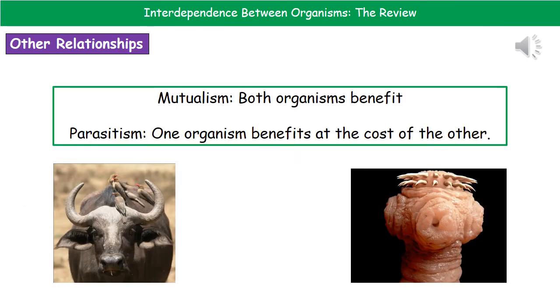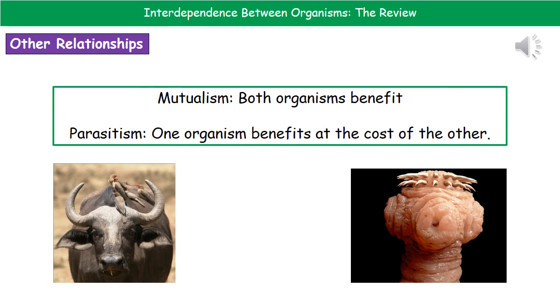We should also be aware about a couple of other relationships we see between living things. First one is described as a mutualism. So in a mutualistic relationship, both organisms will benefit. And the picture I've given you in the bottom left there is of our buffalo and of an oxpecker. So the oxpecker is the little birds you can see sitting on there, and what they do is they feed off of things like parasites that you find on the buffalo. And because they're removing the parasites, obviously the buffalo benefits. And because the oxpecker is also getting a nice food supply there, then it's going to benefit too. So that's a mutualistic relationship. Both of them are benefiting.